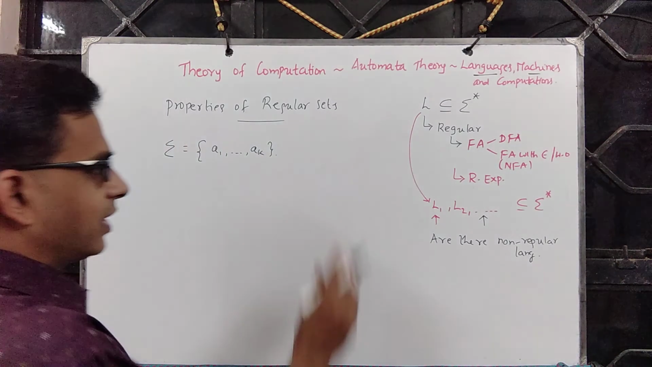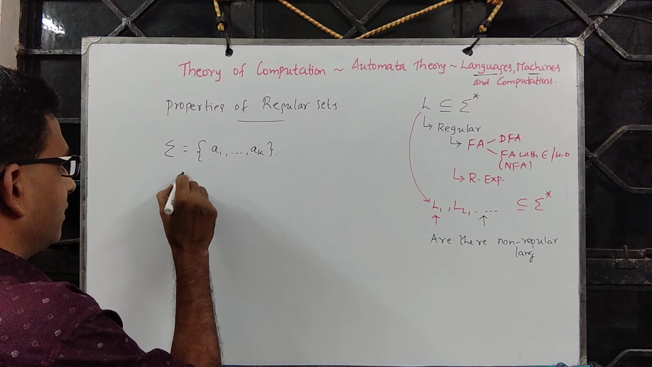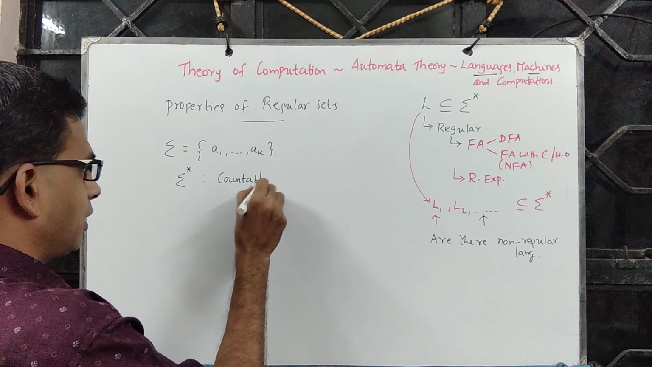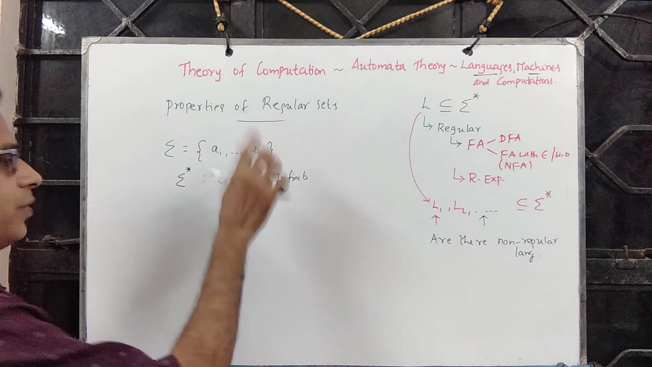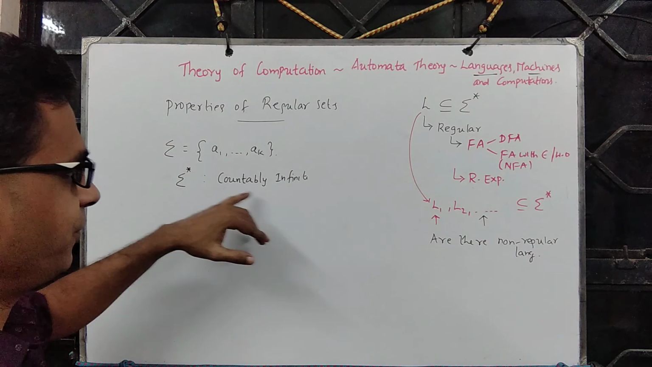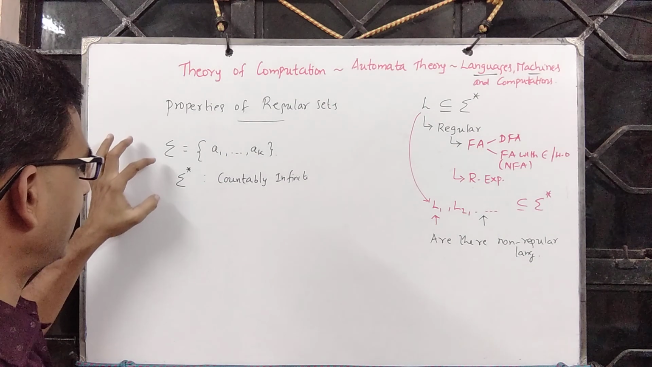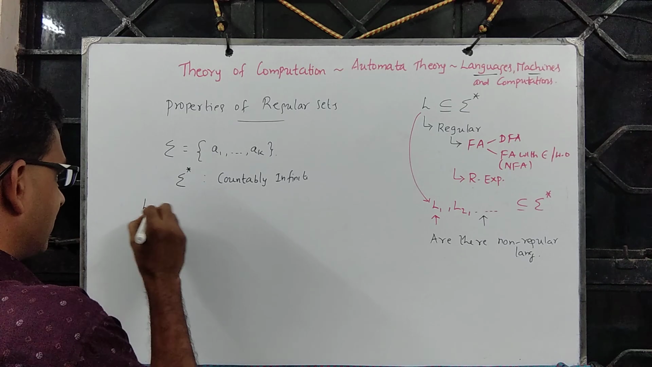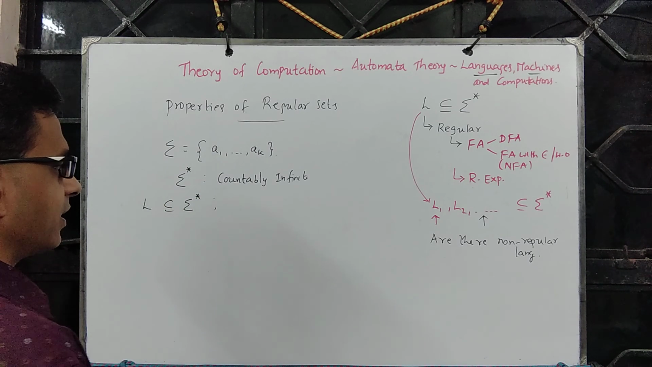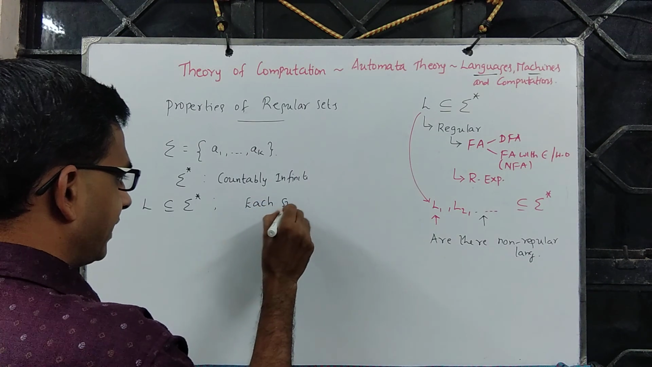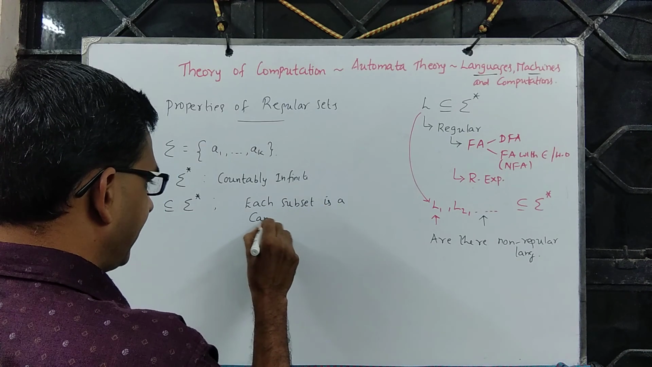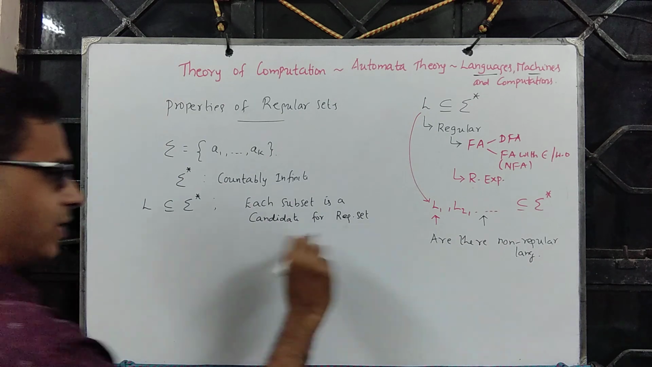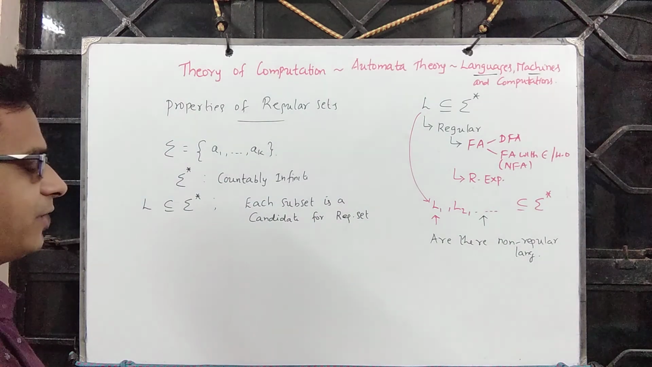Now we talk about languages which are subsets of sigma star, which means if sigma is finite, sigma star is countably infinite because it contains all possible strings over this. If you bring the theory of infinite sets that we discussed as part of discrete mathematics, one can prove that sigma star is countably infinite. Now, L is a subset of sigma star, which means each subset is a candidate for regular. Instead of writing regular language, I am writing regular set. Each subset is a candidate for a regular set,